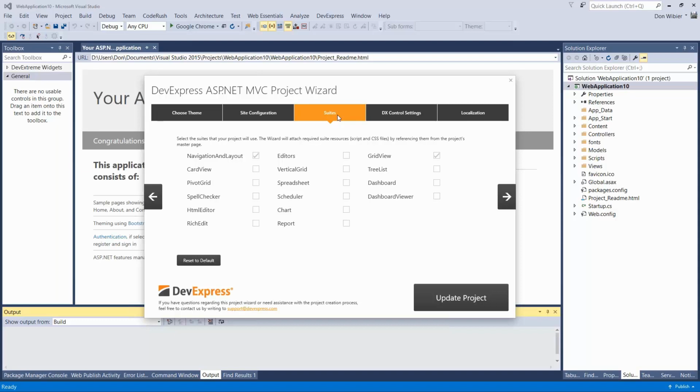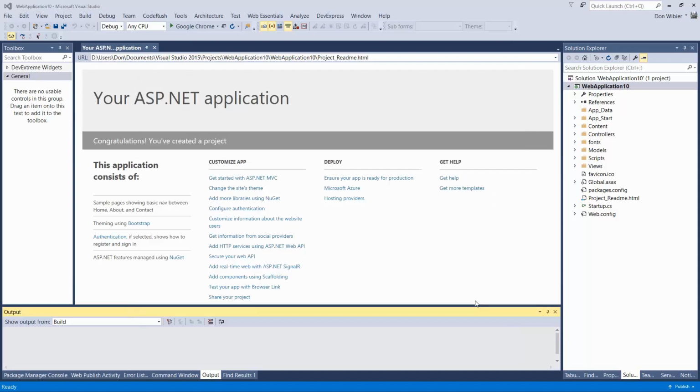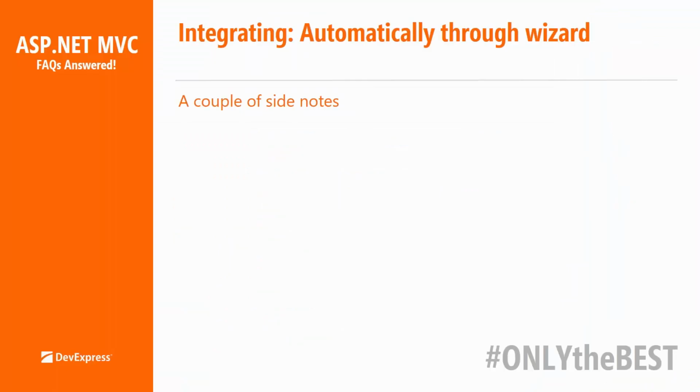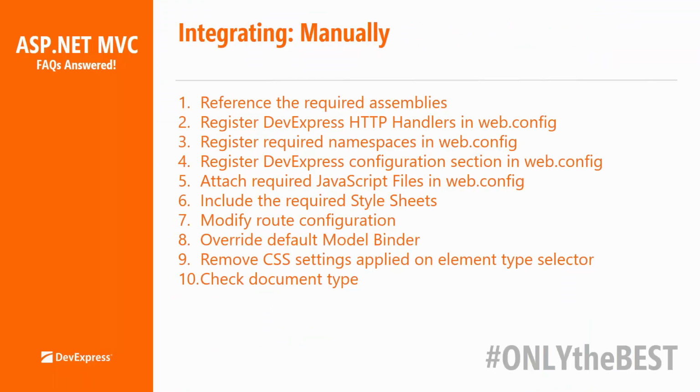If you're not sure what you're going to use, I would definitely say select all. And I'm just going to do that, so you'll see what happens here. Once I've ticked all those boxes, after the wizard completes, I have full access to all the controls that we have, all the MVC extensions. So we'll have the reporting, we have the grid view, we have the rich editor and all that good stuff. And what basically happens now is the wizard is performing all these steps